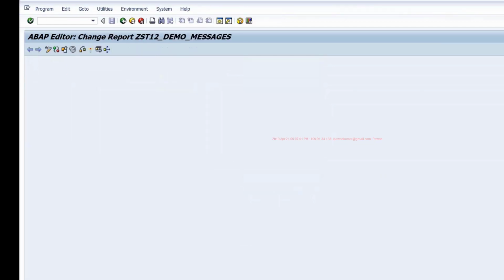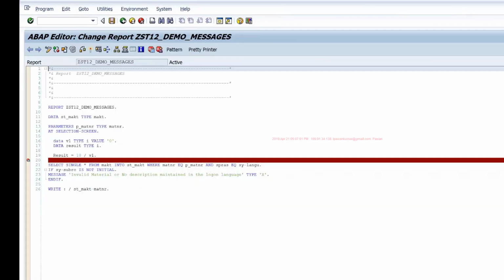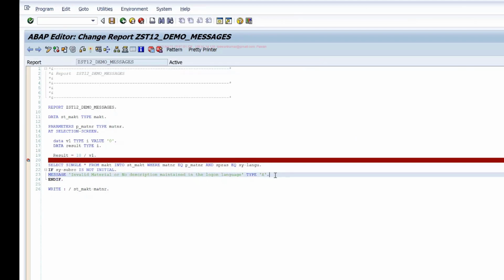Most of the time we use either error message, warning message, or informative messages. Type A message we only use when you're dealing with the database updates and you want to perform automatic rollbacks. Okay, and type X I don't recommend using it anytime. Instead of that, show a good error message to the user. Okay, so these are the different types of messages.